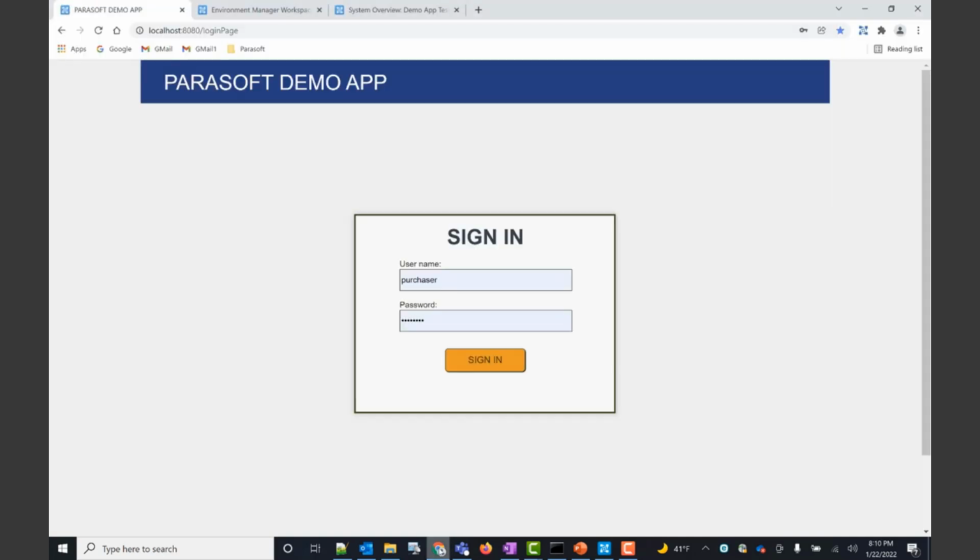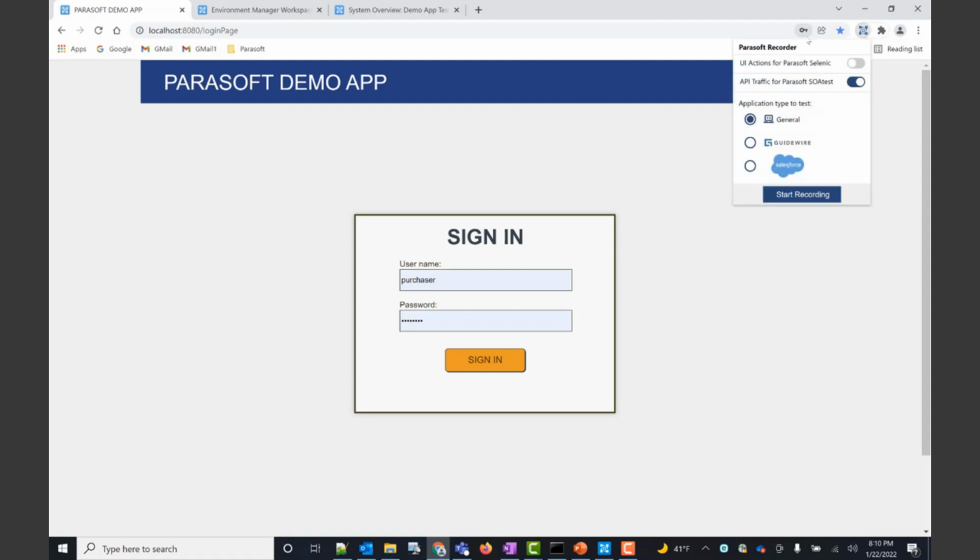So the next thing I want to do is come to my demo app. Now, our demo app here is an internal application that we've developed in-house that will be acting as our example application under test. The first thing I want to do, though, before we begin, is bring your attention to this little Parasoft icon up here in the corner. If I were to click that and drop it down, we see that this is our Parasoft Recorder plugin for Chrome.